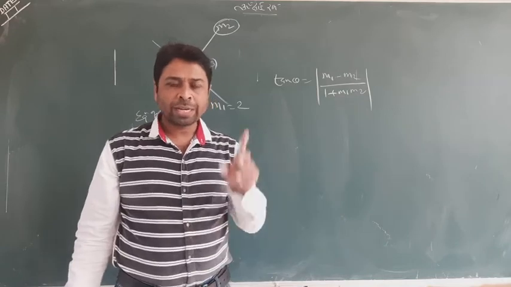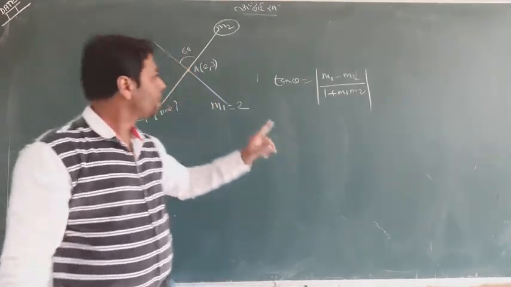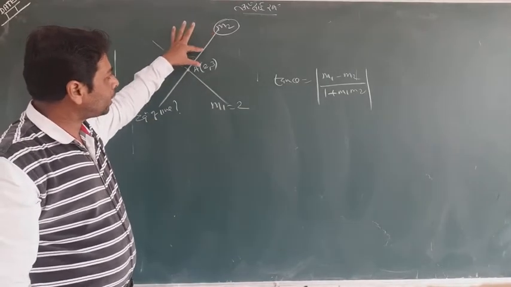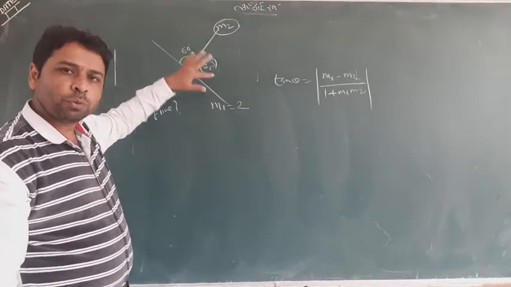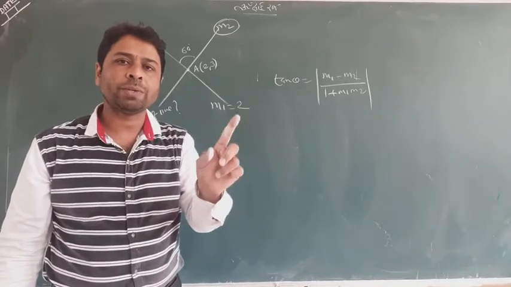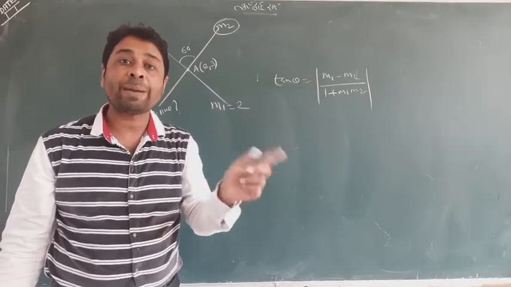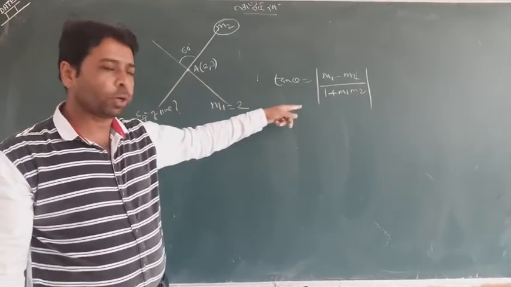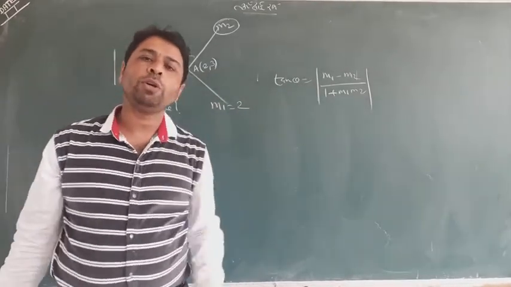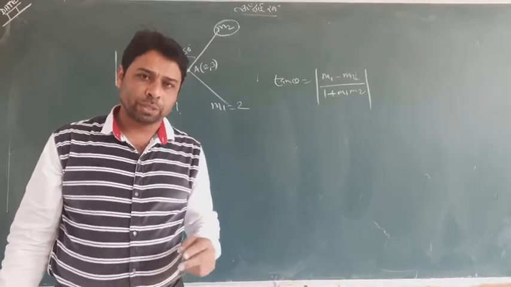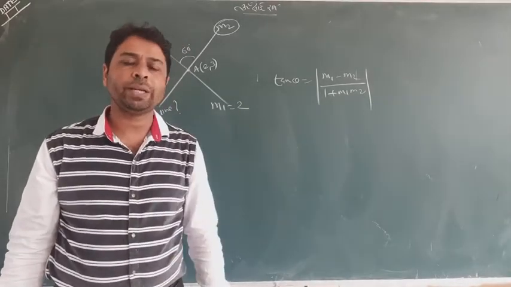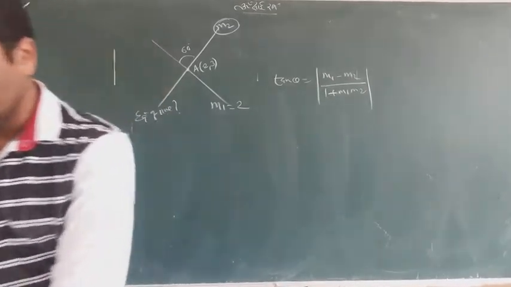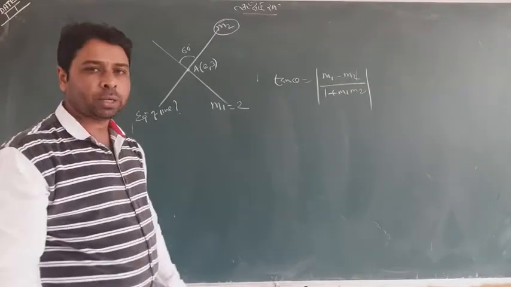Take the first value of m2, and you have to find the equation of the line. The line is passing through a point, so you can use the one point form: y minus y1 equal to m2 times (x minus x1), where (x1, y1) is the given point and m2 is whatever you find from here. Since you get two different slopes, you may find two equations for this particular question. I hope these sentences will help you to solve the question.